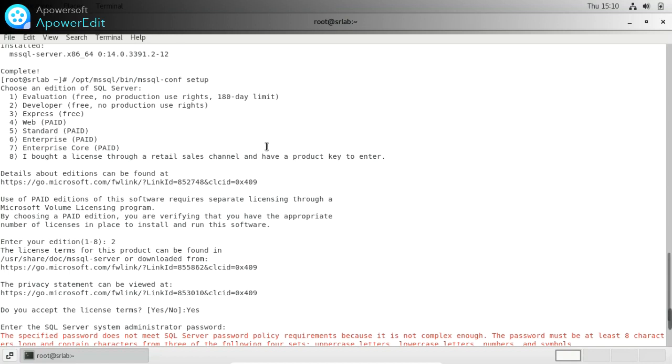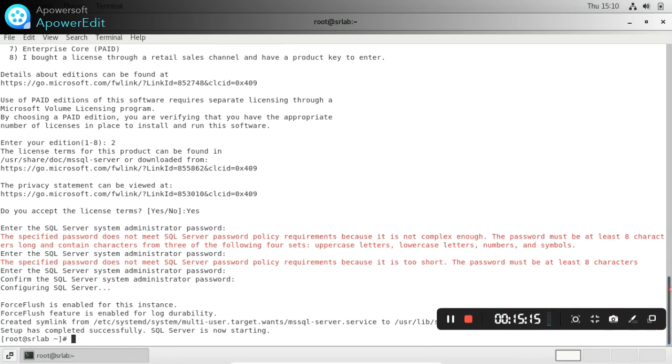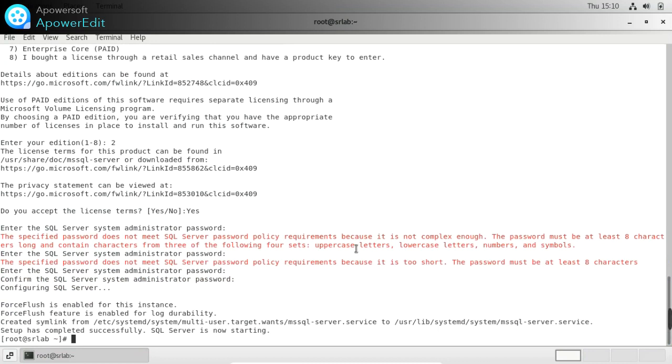Then I set the password for the SQL Server system administrator password, and then it has been configured. Now SQL Server is starting.